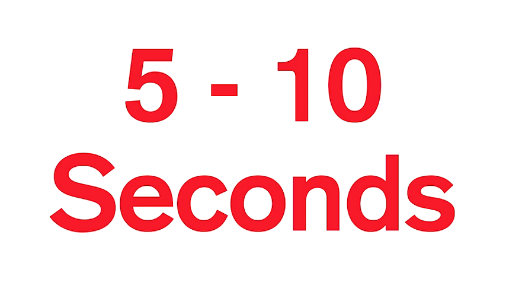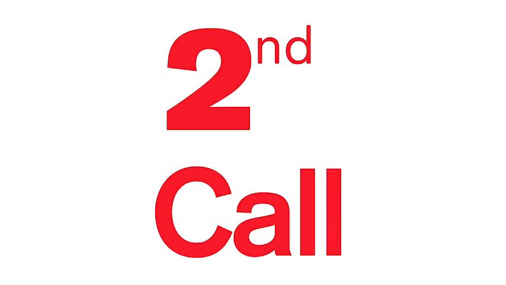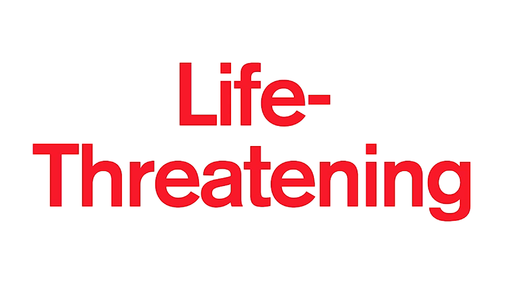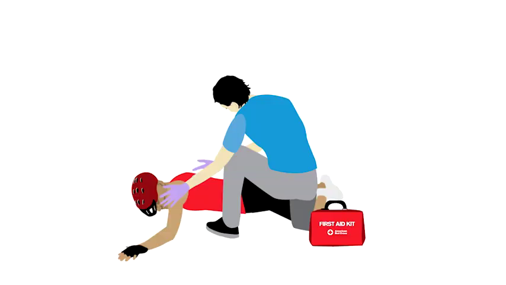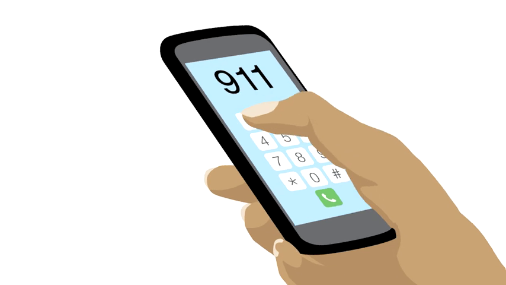If there is no response and the person is not breathing or is only gasping, the person needs help right away. This brings us to the second emergency action step. Call. Unresponsiveness, trouble breathing, and severe bleeding are all signs of a life-threatening emergency. If your initial check reveals these or any other life-threatening conditions, make sure that someone calls 911 or the designated